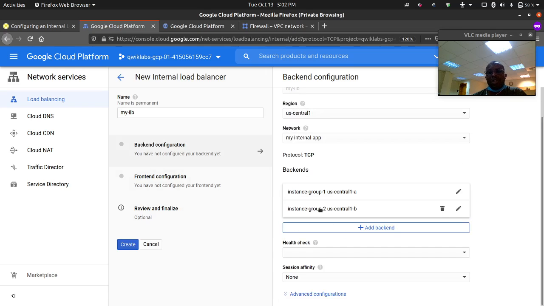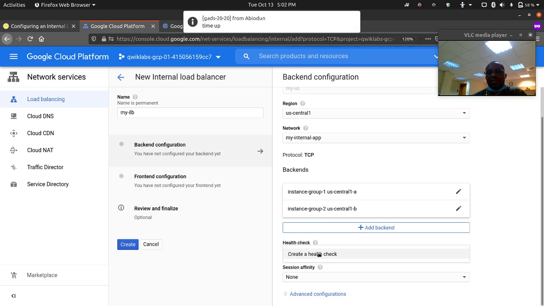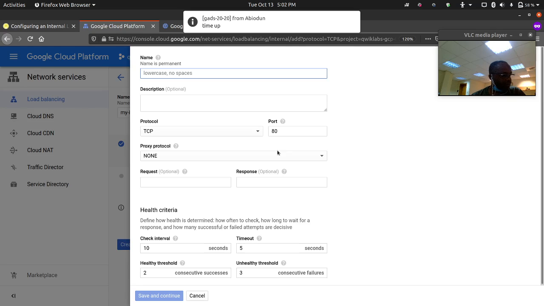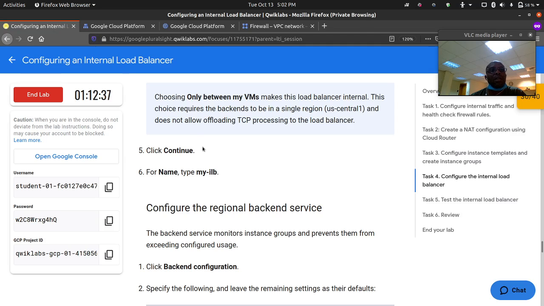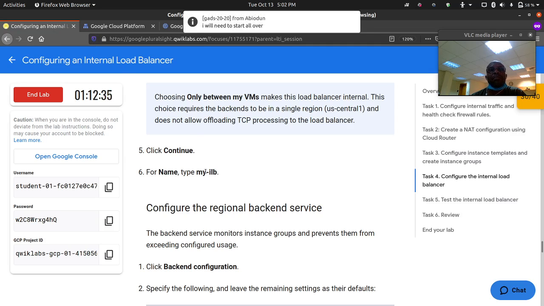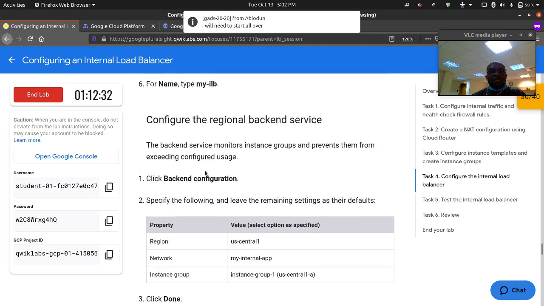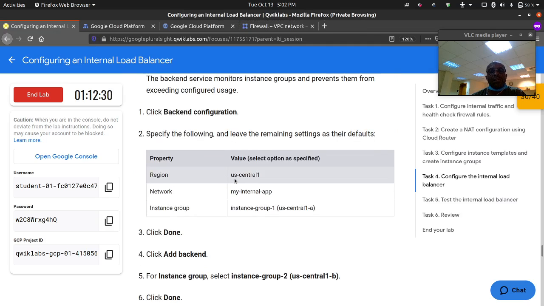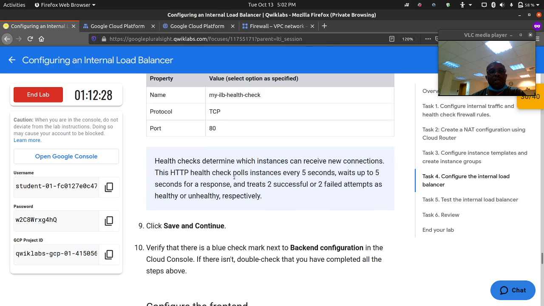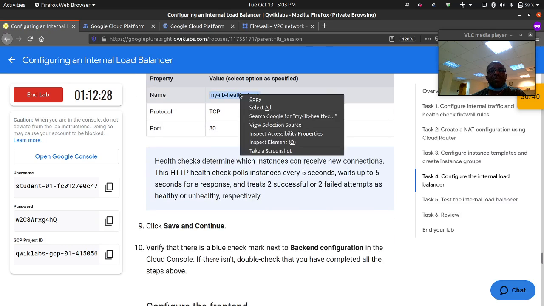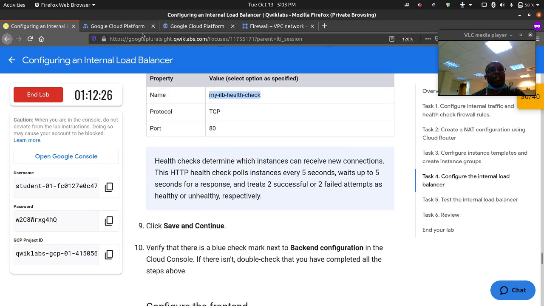Then the health checks, we create a health check. Let's go down and check the health check. We'll call this